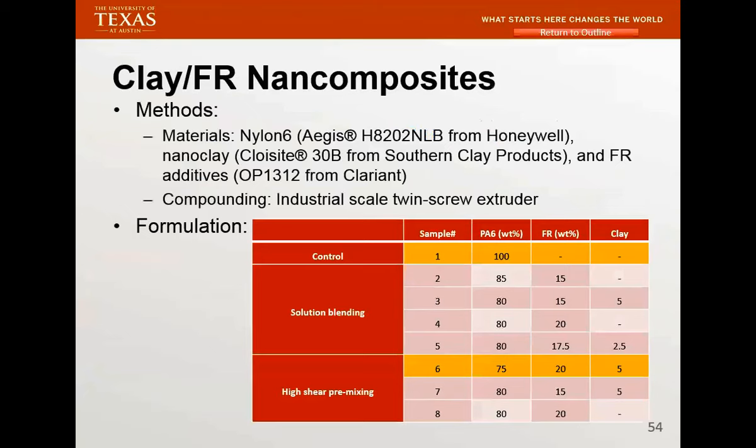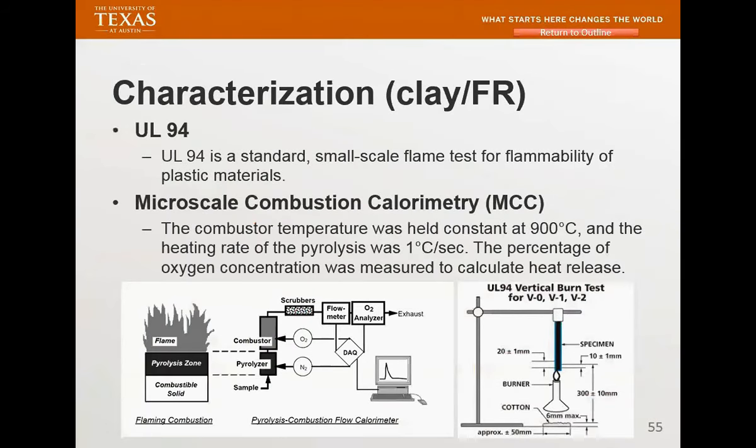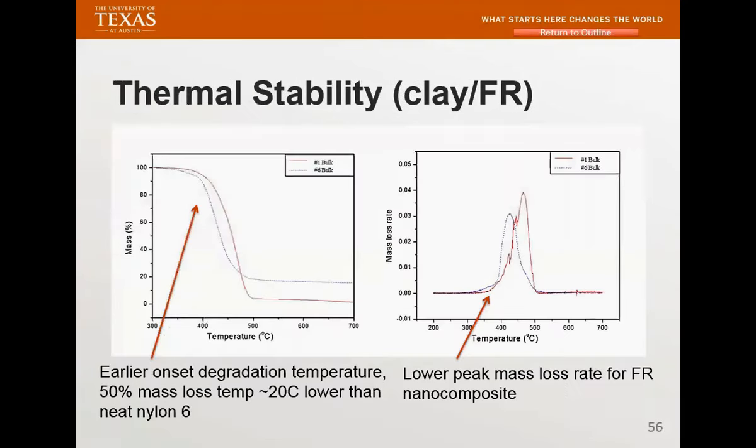So we were not looking at flame retardant nylon 6 just for nylon 6, but as only one of the components. So we did all this solution blending and clay work, using nylon 6 from Honeywell, and at that time it was still Southern Clay, like BYK, and we used a fair amount of flame retardant from Carrier. Carrier is a Swedish company. We work closely with them, and we do transfer extrusion. Just to explain a little bit about UL94 and how MCC works, that's what we use a fair amount to characterize the properties. You can see we use TGA, we only talk about thermal stability.